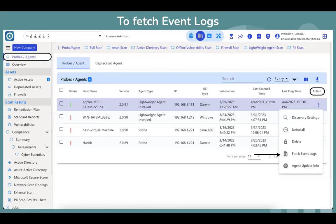But as long as you fix the top 100, which are currently being exploited, your risk score dramatically falls. And this is how the new risk score is going to be calculated. That is what we are bringing into this platform. So a more focused approach, instead of a scare tactic